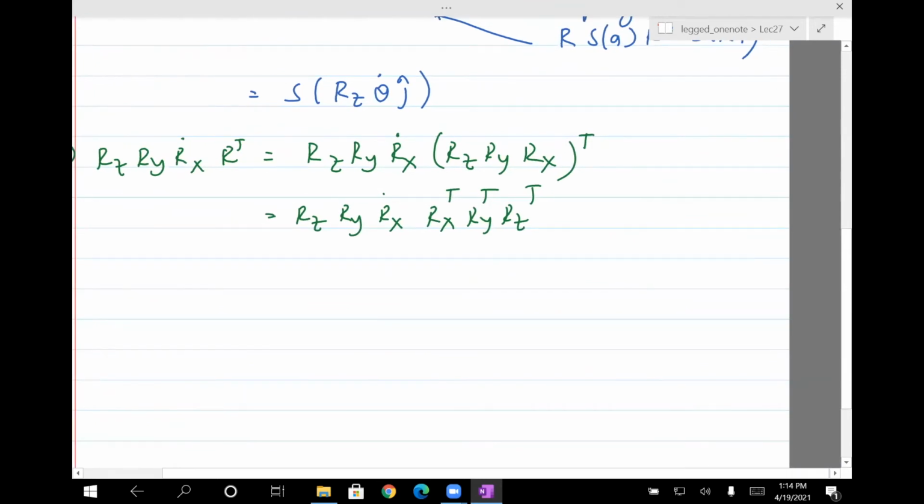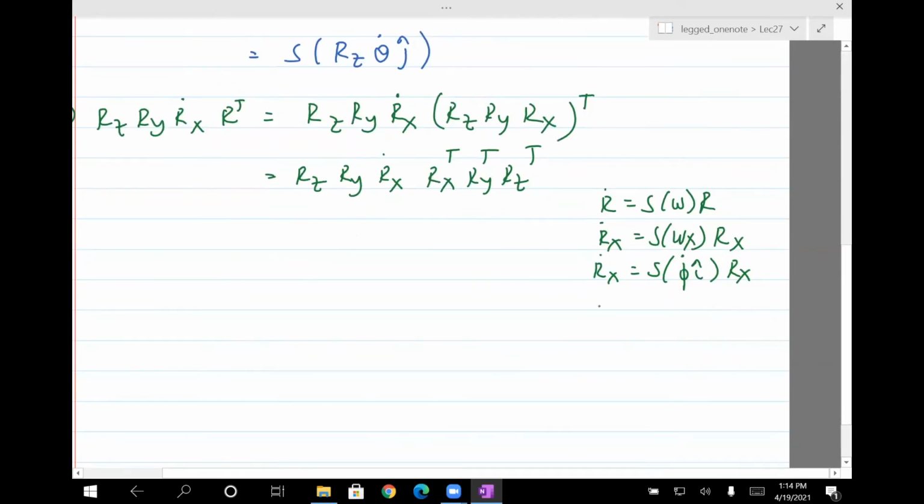Okay, so again, what I can do is I can write R dot equals S of omega times R. So Rx dot will be S of omega X Rx. But S of omega X is a rotation about the I-axis by an angle of phi. So phi dot I times Rx. Post multiply with Rx transpose gives me S of phi dot I, and I can sub that in right here to get